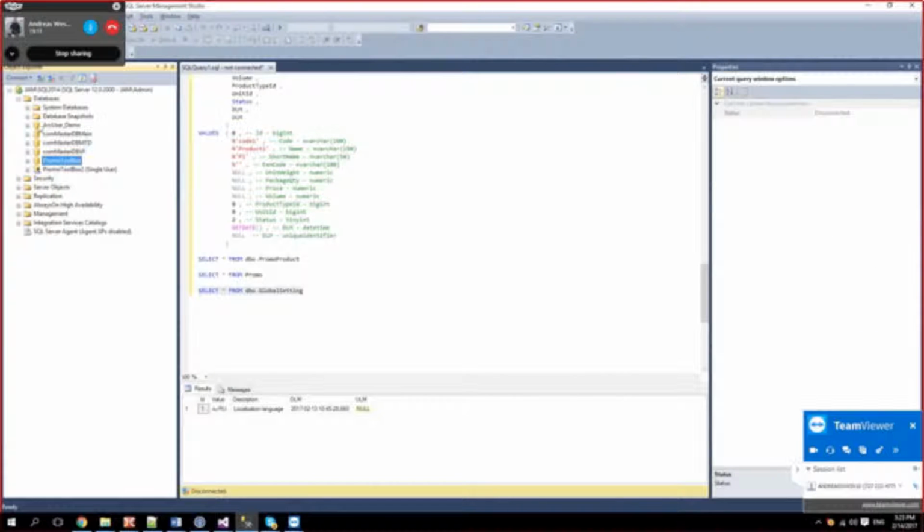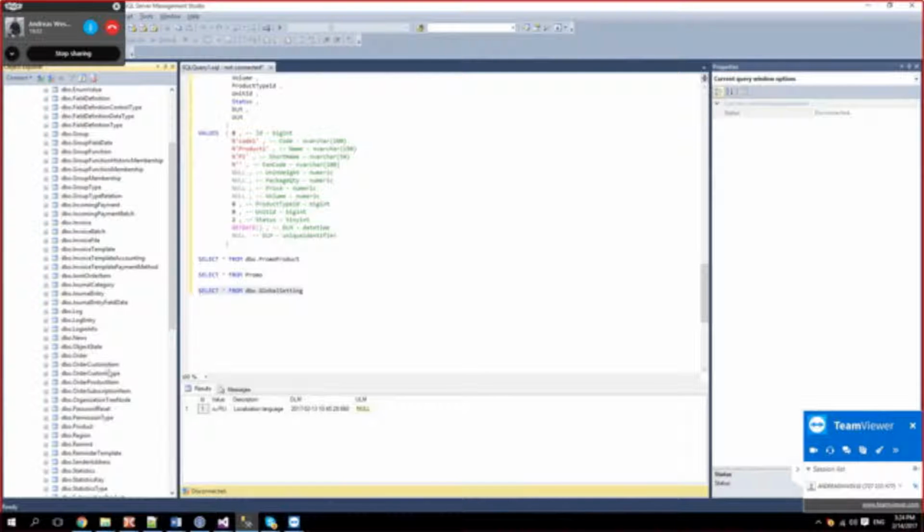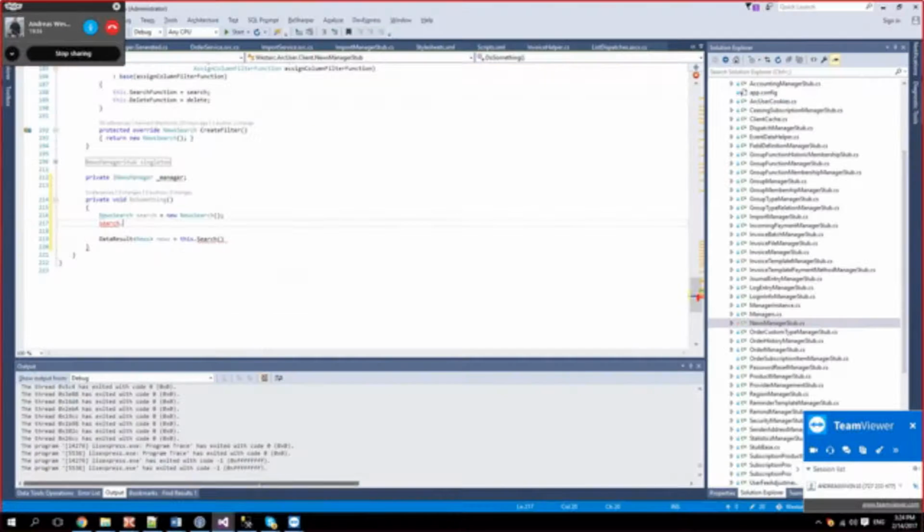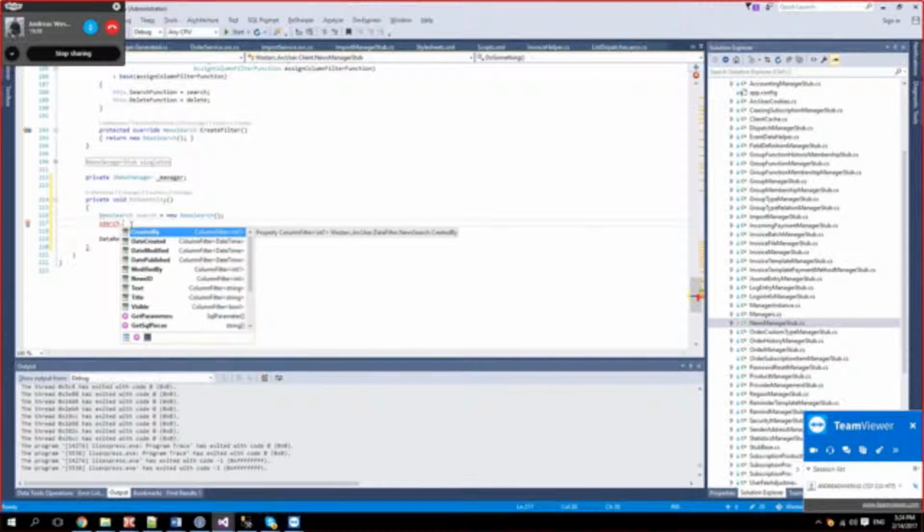So if we move to the database and check the news table, this is the exact correspondence to what we got in here. So all the columns are searchable.